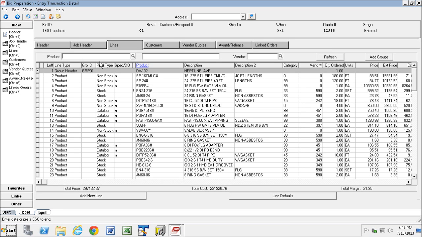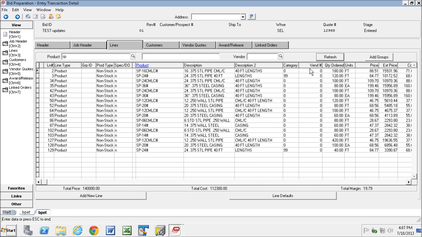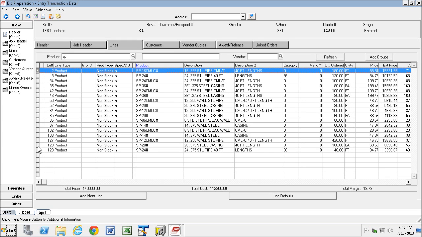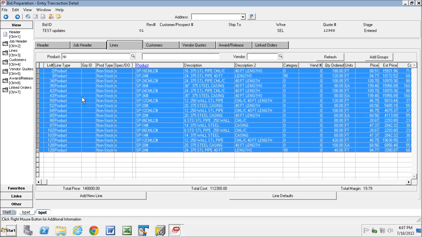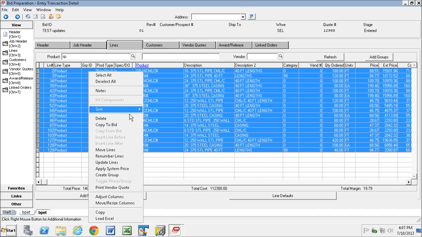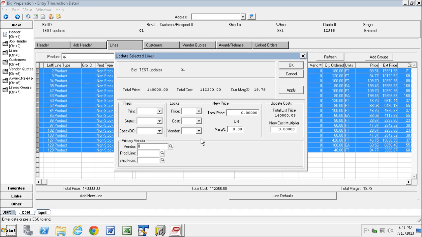So if we use our earlier example of all of our steel pipe stuff, we can hit escape again and hit refresh, and all of our steel pipe items are showing. That way it makes it very easy for us to just highlight the whole thing and go to update lines,